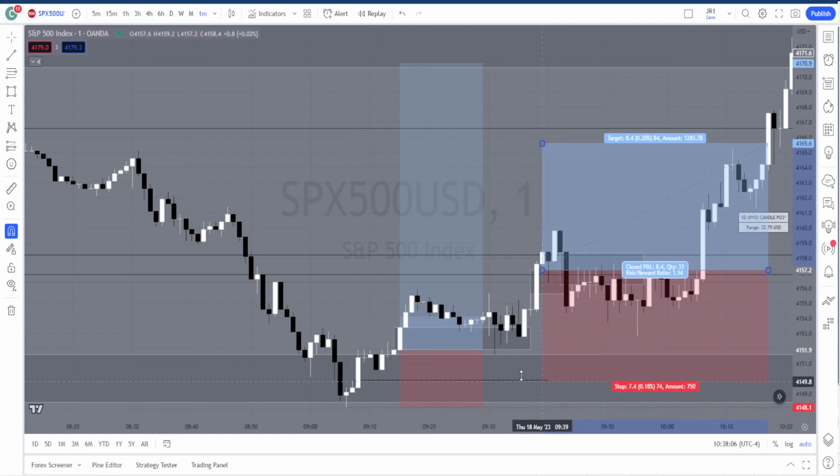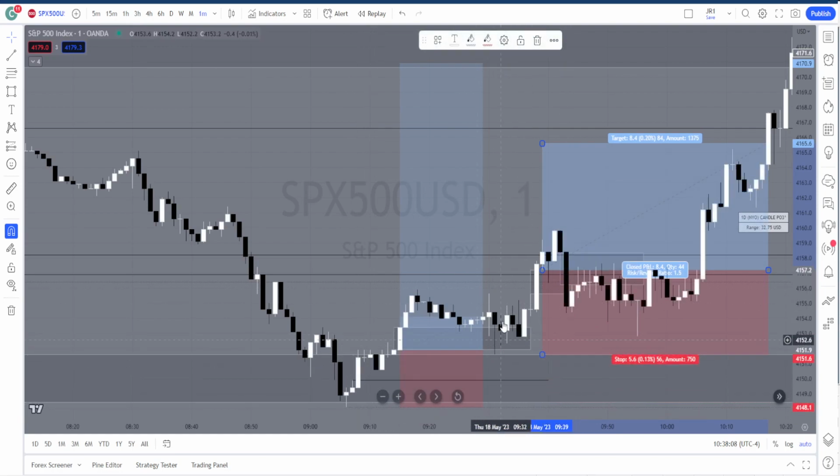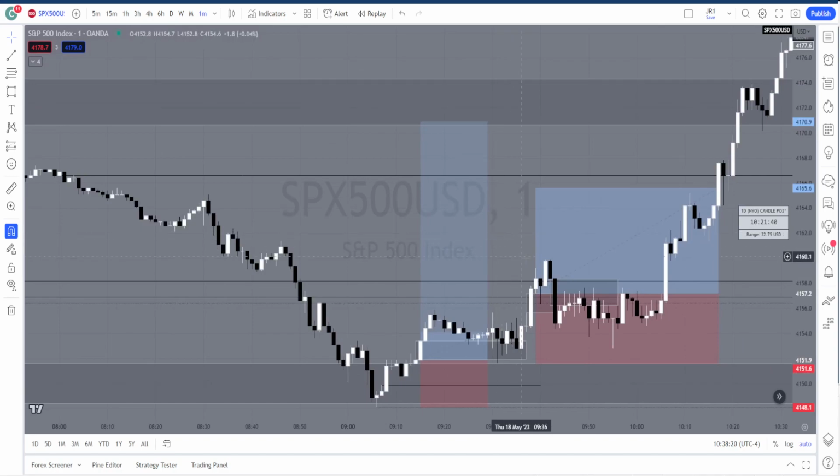But then I moved it up here because on MT4, I was kind of confused. So this is where it should have been, which means I ended up risking like 0.5, which is no problem at all. My take profit was a 1 to 5